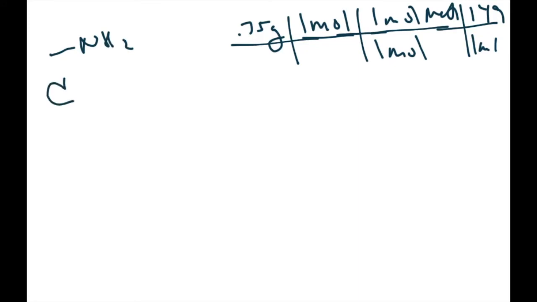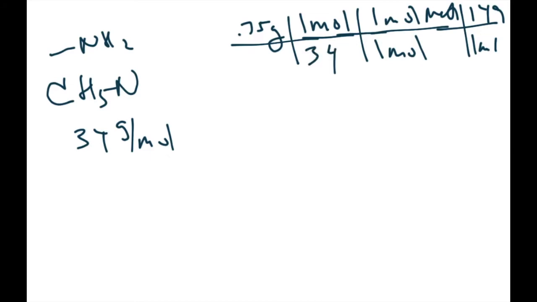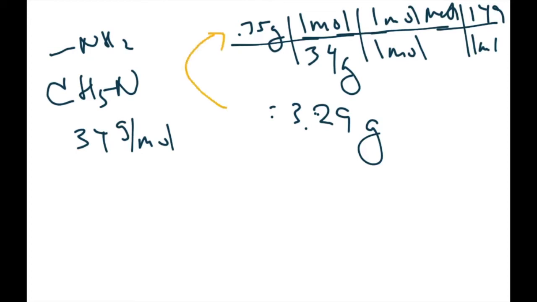This is CH5N. So this should be 34 grams per mole. So this is going to be 34 grams. There we go. Do some math. After mathing in my head, clearly, I get 3.29 grams of meth. So if I start with 0.75 grams of